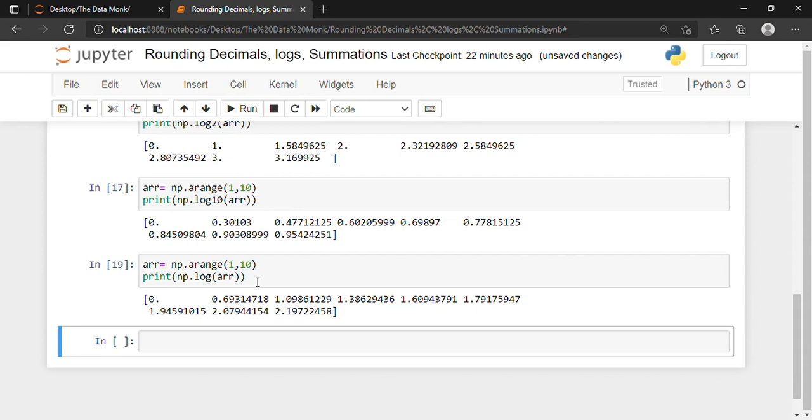Now we move on to log at any base. NumPy does not provide any function to take log at any base. So we can use the frompyfunc function along with the inbuilt function math.log, with two input parameters and one output parameter. Okay, so let's first import. Let me add more cells over here.